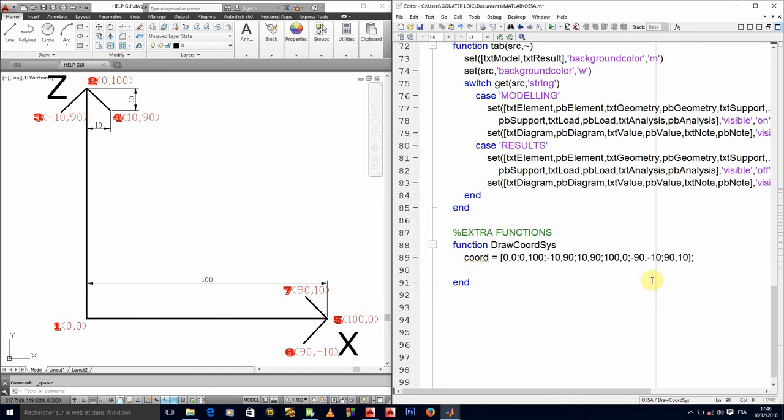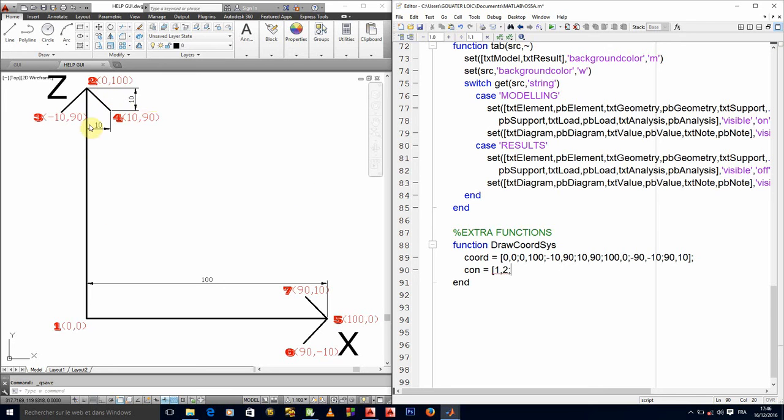Secondly, I'll have a connectivity matrix, okay, that tells me, to draw a line, what is the line made up of? The first line, how will I draw it? The second line, how will I draw it? What are the nodes that I'm linking in order to draw the line? So I'll call it con. That's how I'll call my connectivity matrix. Let's call this the first line. So the first line will be made up of what? Of node 1 and node 2, right? So it will be 1, 2.